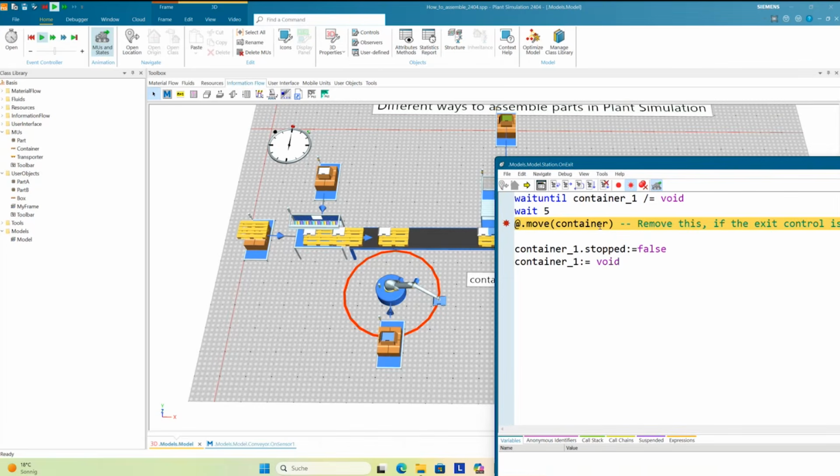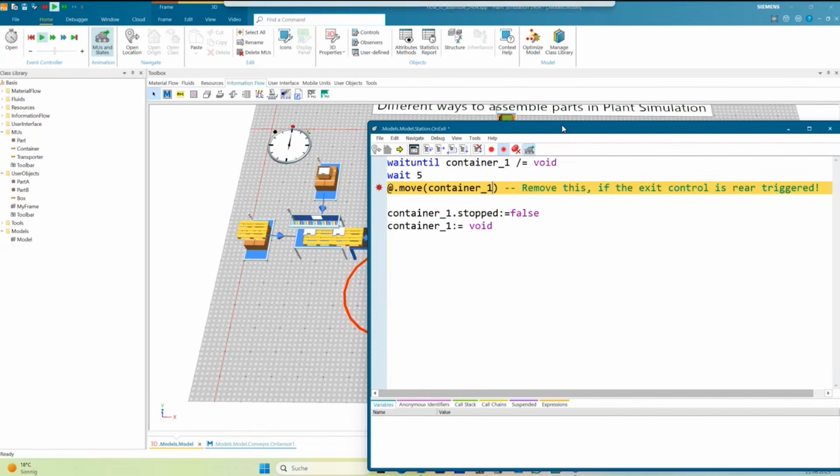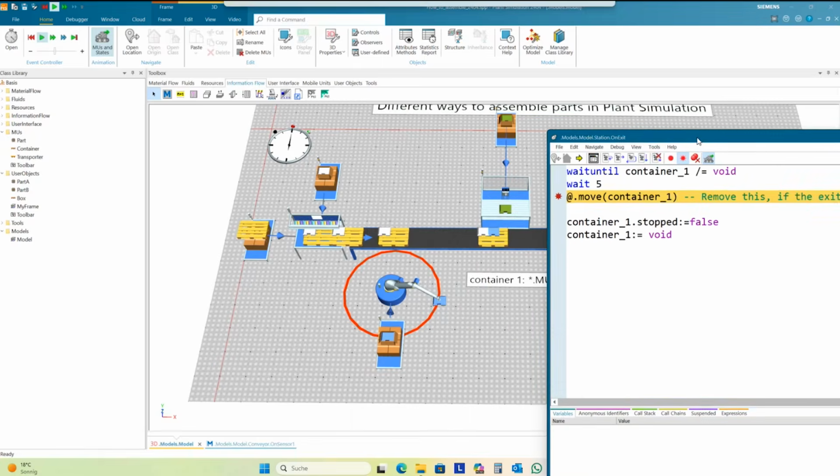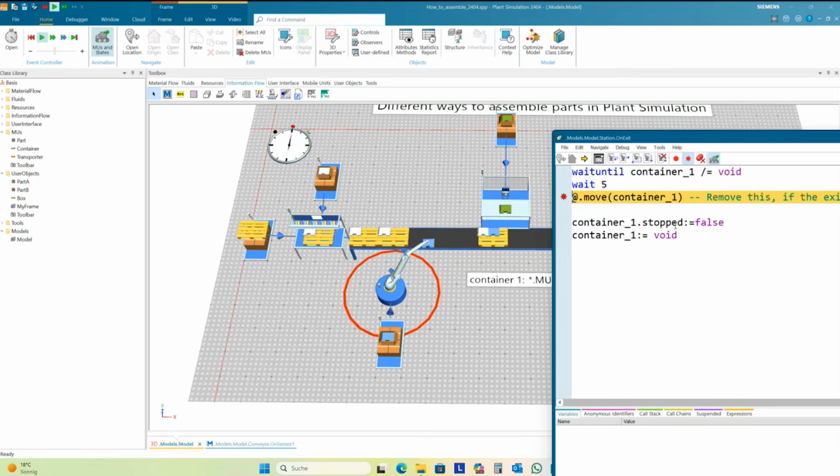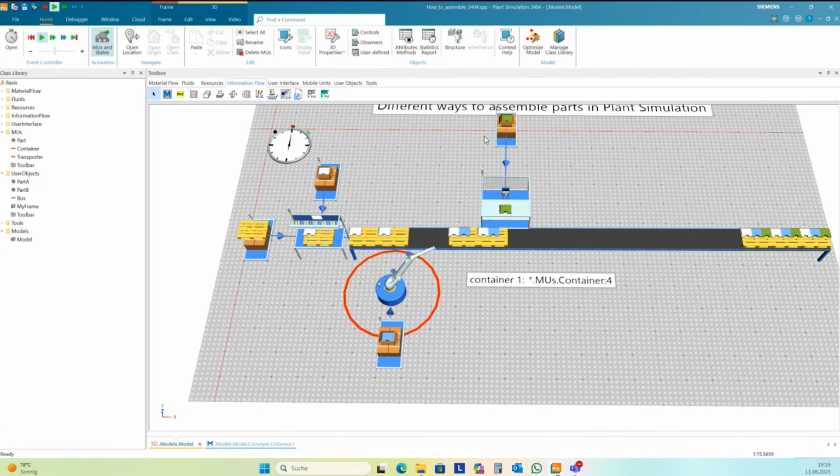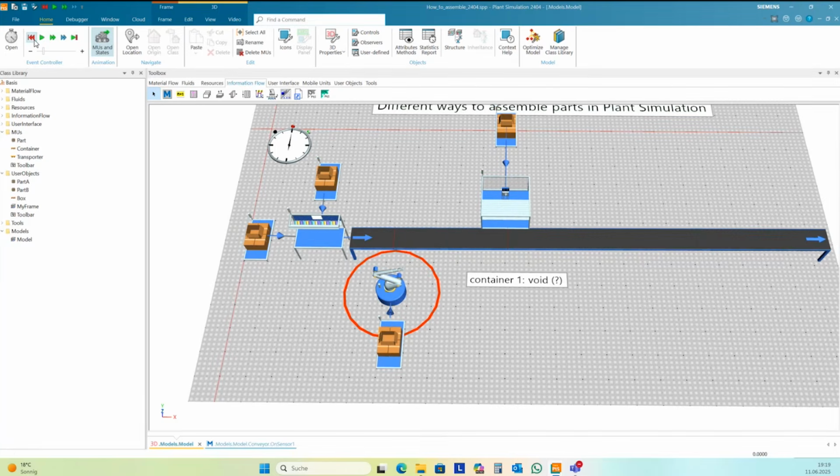This is my failure here in my code. And then, okay, fast. So, and now the part goes on the pallet, and we have the third part on our container.